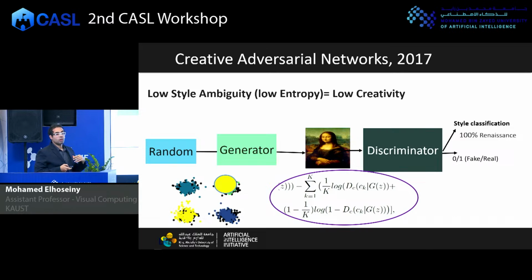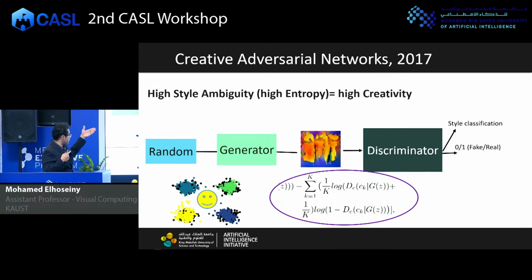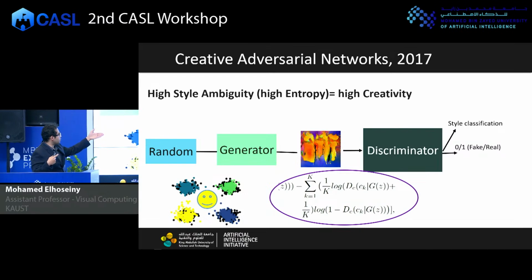And the question is, what may characterize this kind of novelty loss? Instead of doing that, we add a loss function to the generator to encourage the generations to be hard to classify to existing art styles. I wanted to confuse the discriminator, so that it is not able to tell which style class the image belongs to. This is quantified by encouraging the entropy to be high over existing art styles.